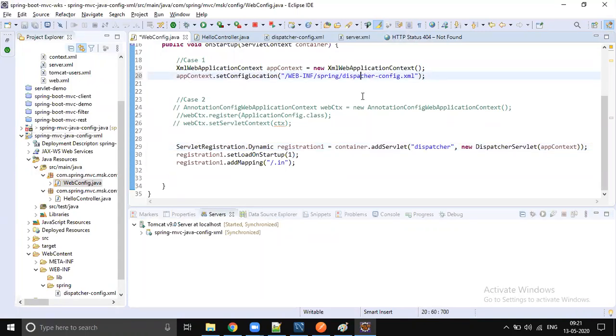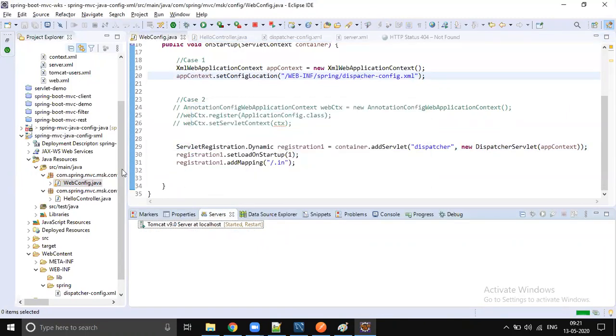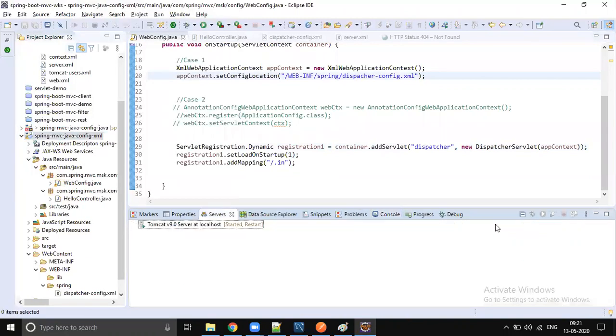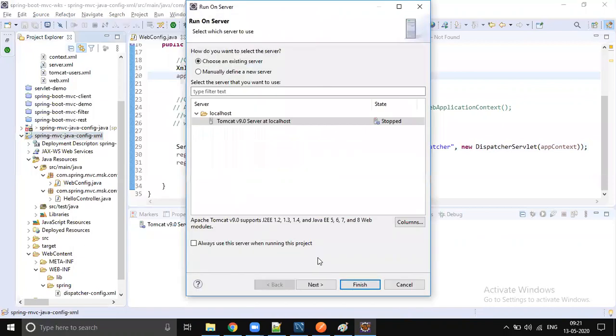Let's make one mistake and see whether it's loading or not. Check it out. Right click, run as.